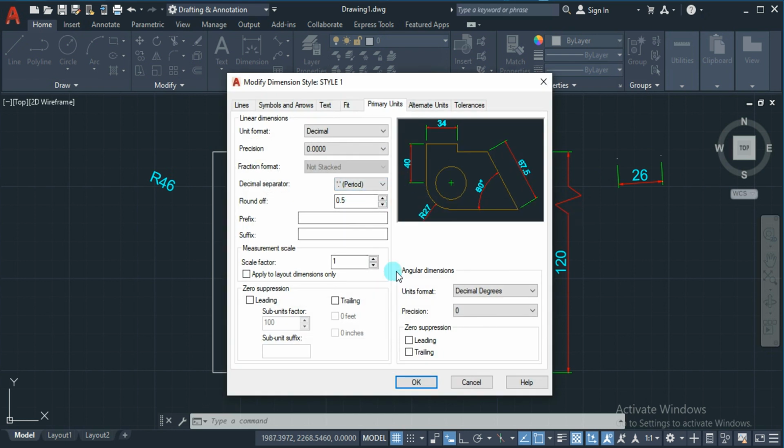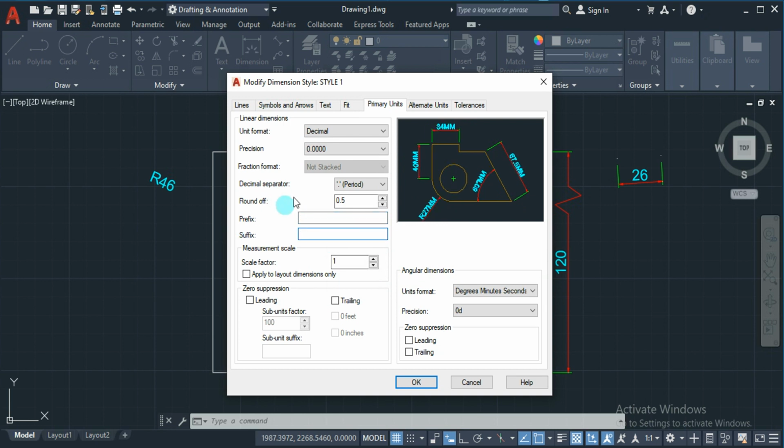The next one is angular dimension. By default there will be some angular units already set. If you want to change the angular units also, we can change them here. The next one is prefix and suffix. Prefix and suffix is nothing but, if you want to define any symbols, like at the rate or diameter, or text, whatever text you want to provide, you can provide it there. Either symbols or text, anything can be provided. Like this we can adjust the primary units.